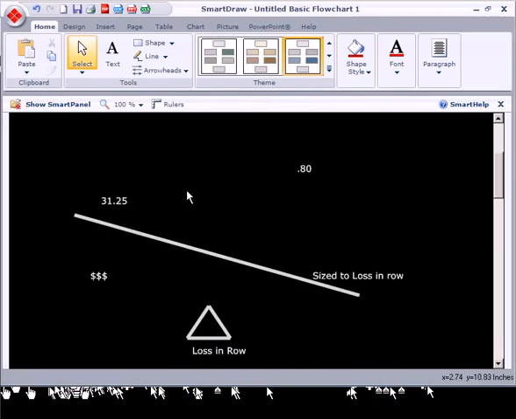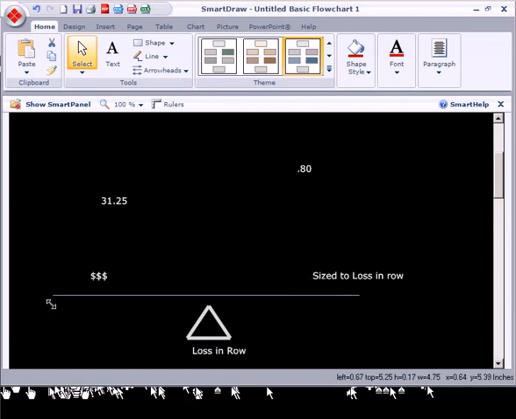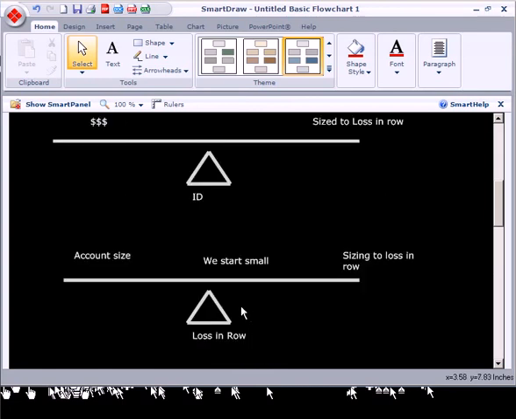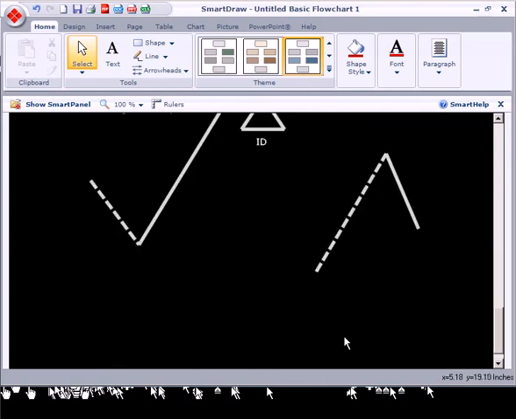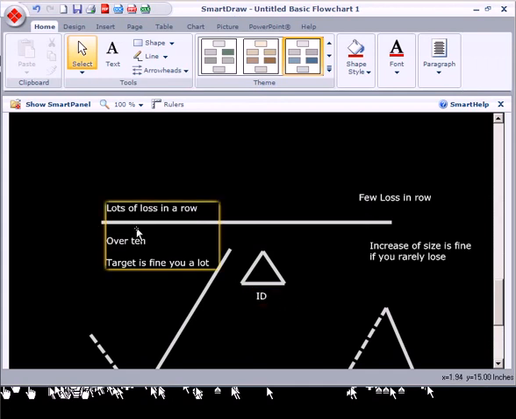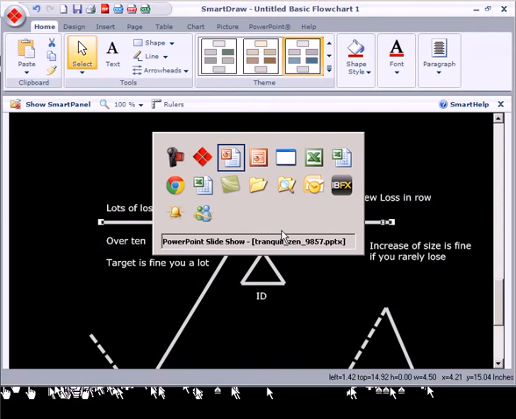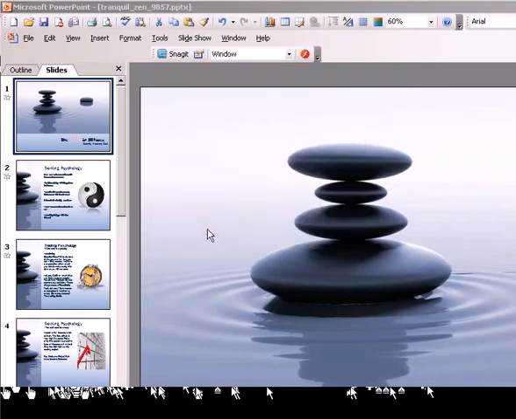So let's go through our teeter-totters that we have to balance. This one's out of balance still, and it's to losses in a row. But really, this one we balance. It's not to losses in a row. We're going to put this one to id. This has to be balanced to yourself. This one has to be balanced to your account size. This one, movement, has to be balanced to losses in a row. So we're down to balancing two things that can come out of balance with id, with ourselves. These are the last two things that we have to hit.